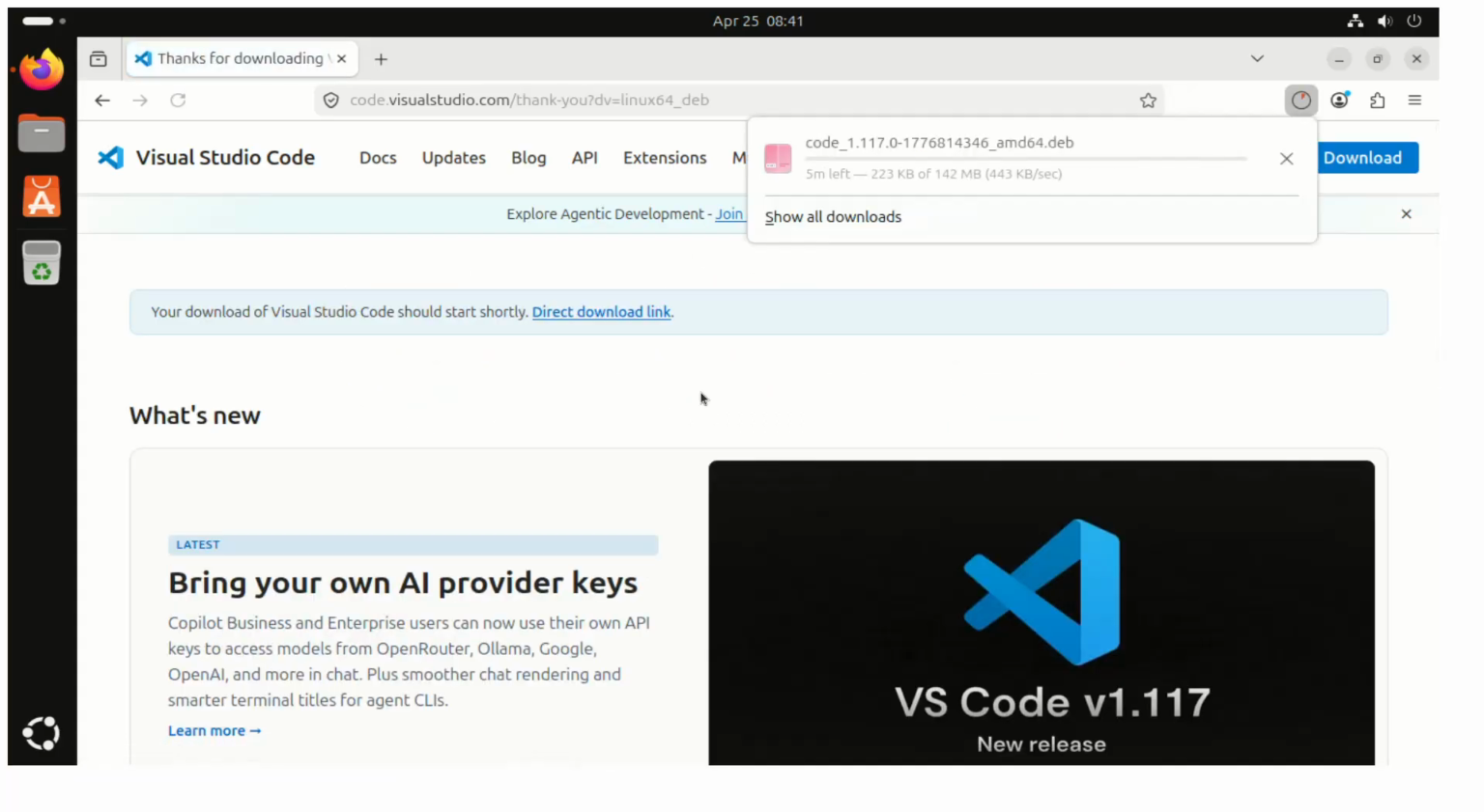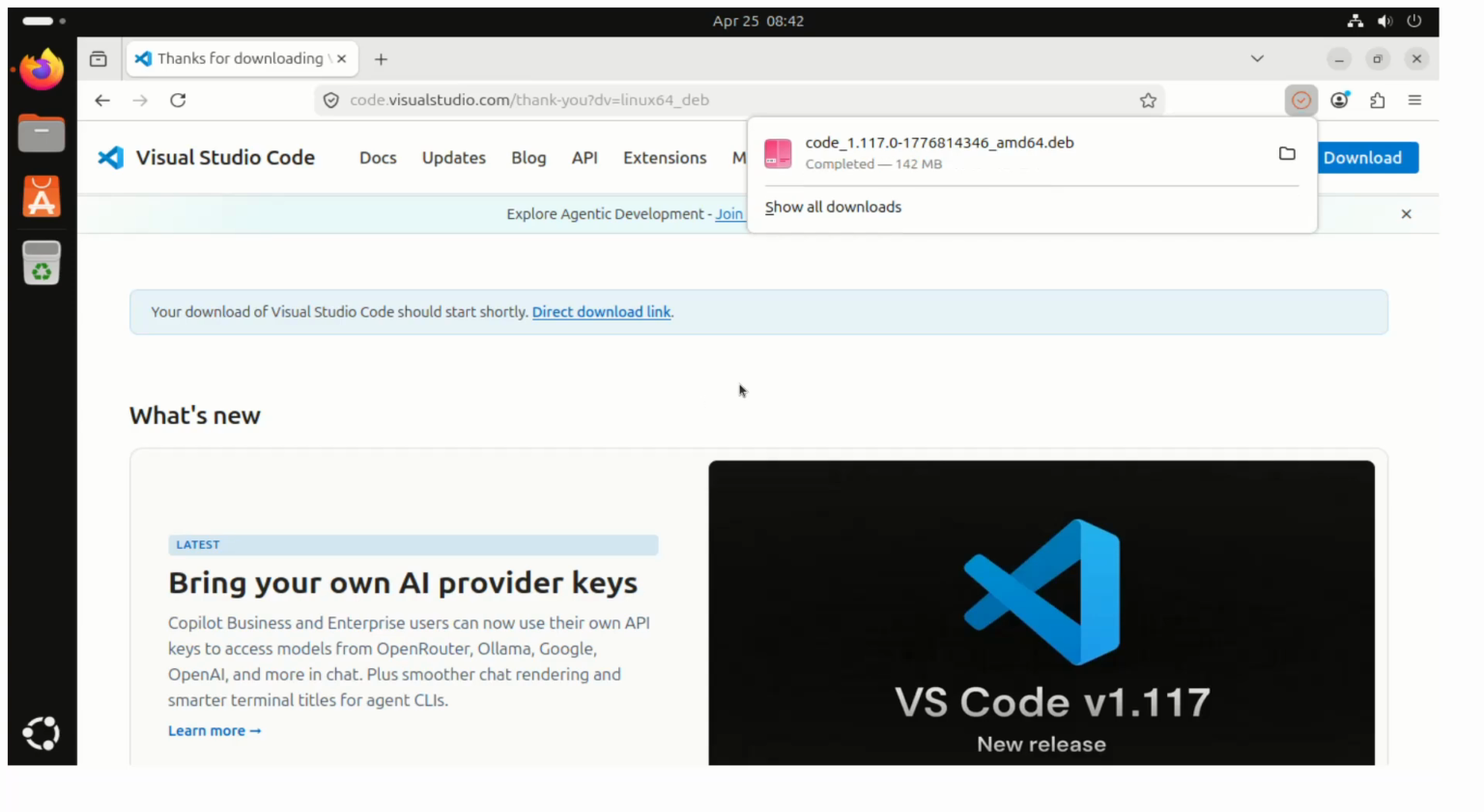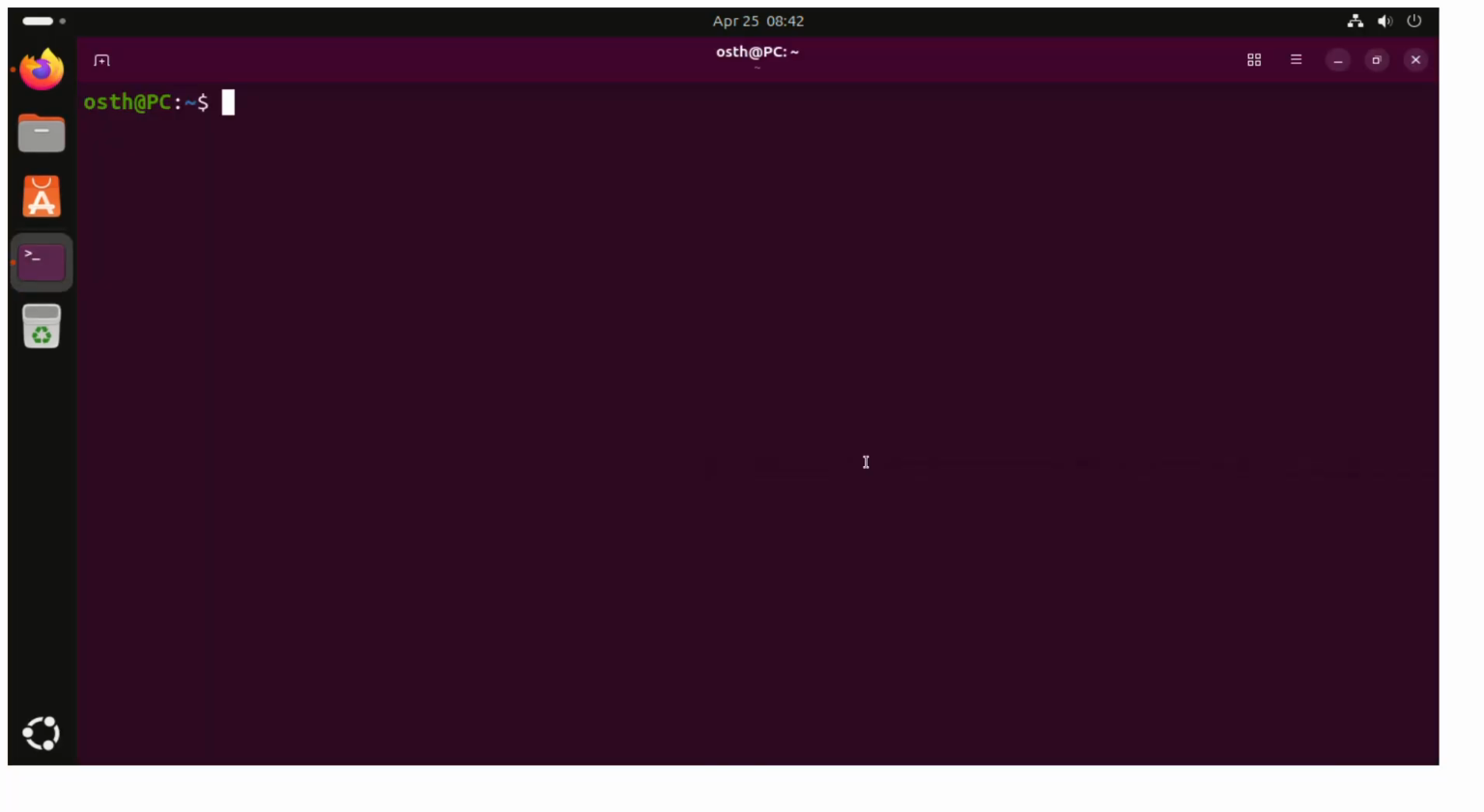It may take a while for downloading Visual Studio Code Debian package. After a successful download, open a new terminal and navigate to the downloads directory using the change directory command cd,